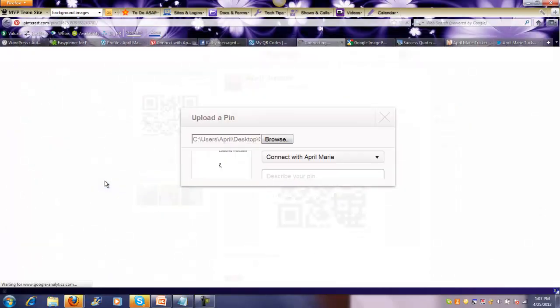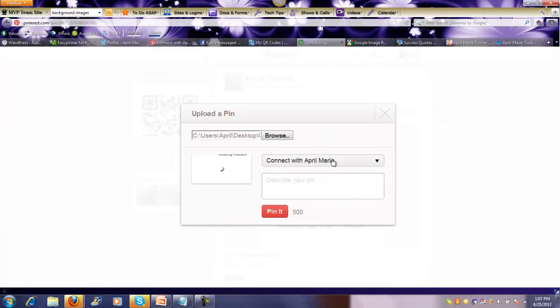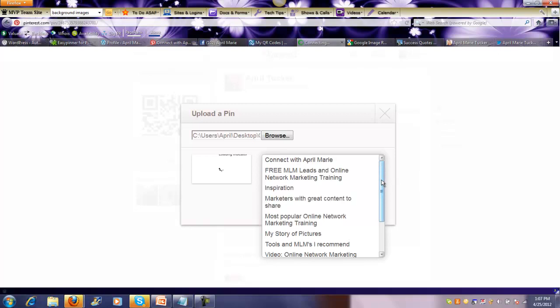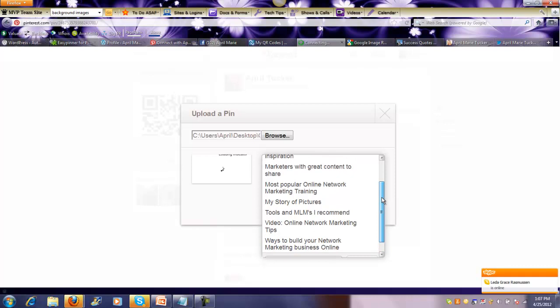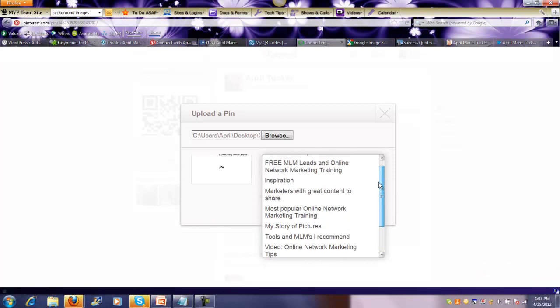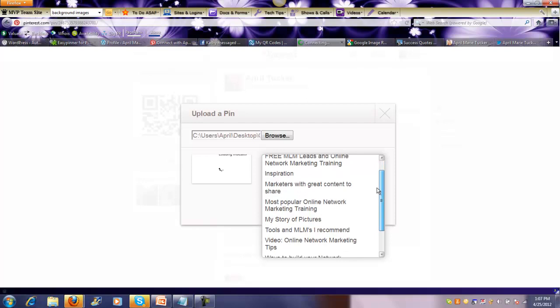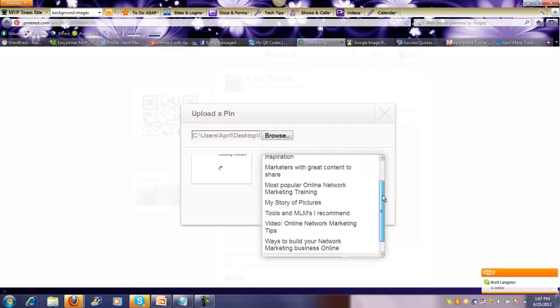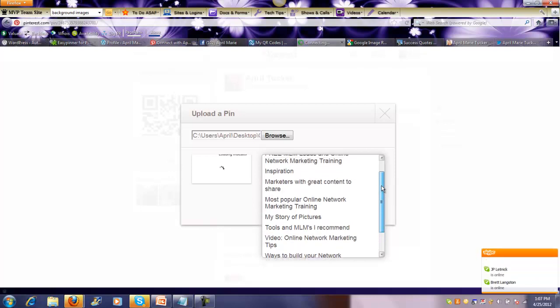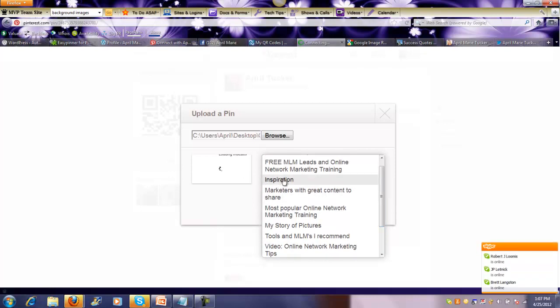Another thing you could do is have this set up so that when you're setting up your Pinterest profile, they'll give you an option to share anything that you post on Facebook and Twitter. So it's really cool that you don't have to upload any more images to Facebook. You just upload them straight to Pinterest and they already go to your Facebook. So I really, really like that. Only thing is, they do not have it so that you can upload to your Facebook fan page yet. So if you want to share it on your Facebook fan page, you will have to manually do that. So see, I have a pin board that's called Inspiration,